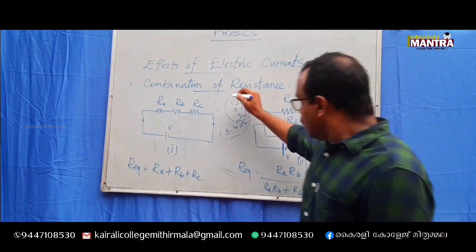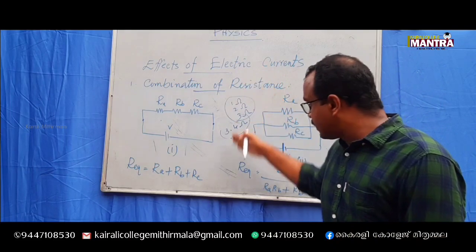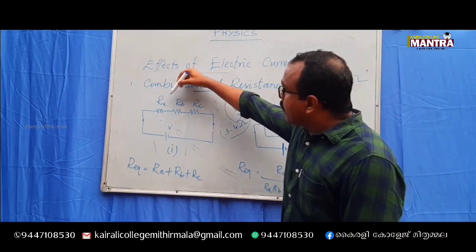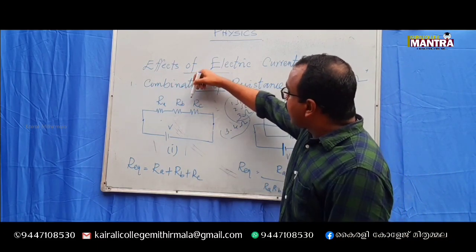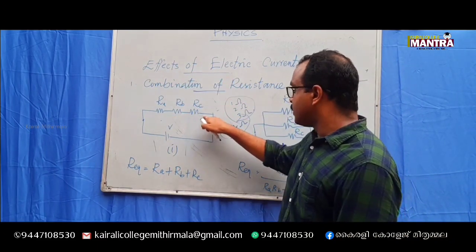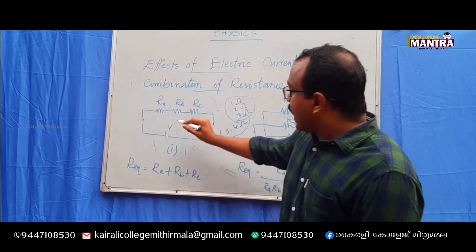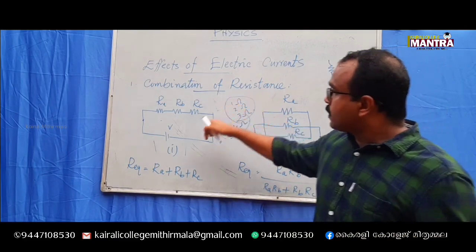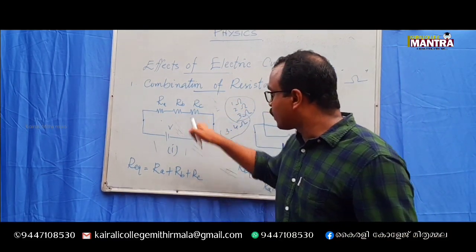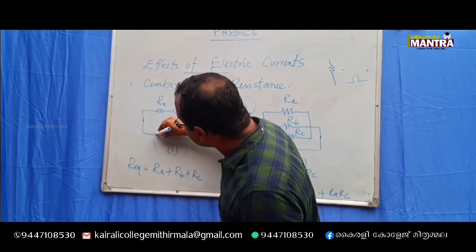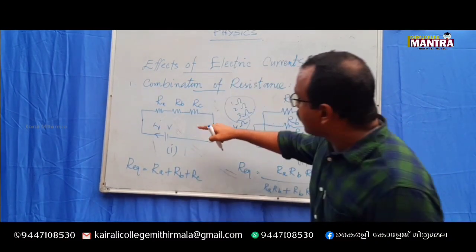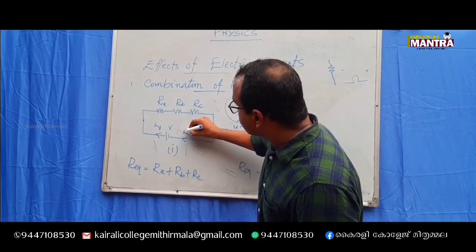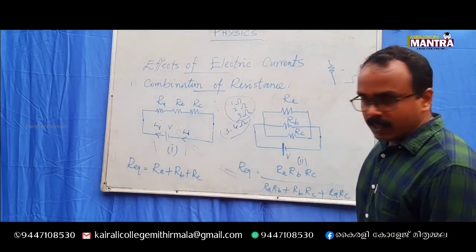Here we will see the circuits one by one. First we will see figure 1. In figure 1 you can see that there are 3 resistors Ra, Rb and Rc connected sequentially like this. You can see that Ra, Rb and Rc are connected one after another, and it forms a single path like this. So if there is a current I generated by this voltage source, this current will pass through all these elements, and finally it will come back to the voltage source itself, right?